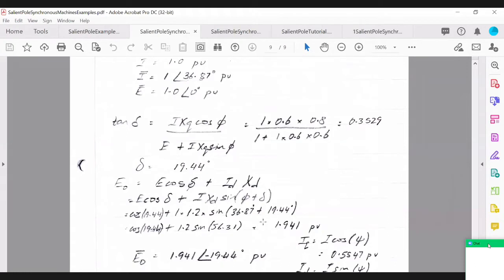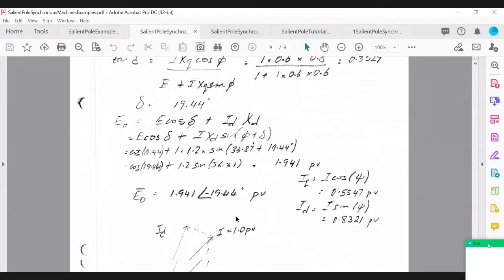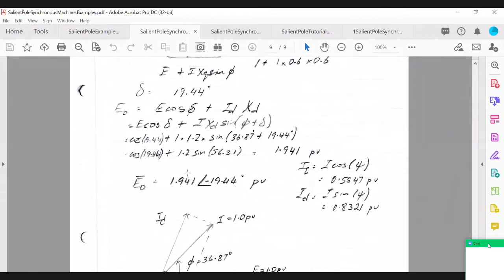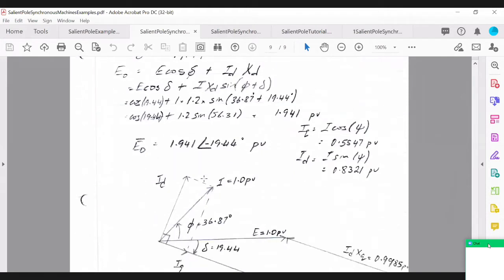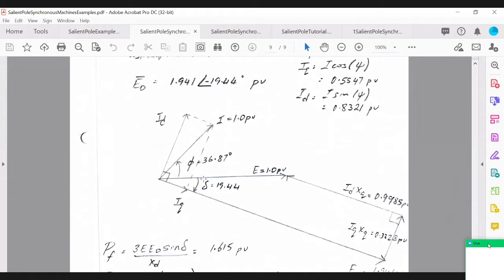Okay, so that's your induced voltage per phase in per unit, and we can write it in phasor form. So in vector form, sorry, and that's basically the magnitude and the angle. And as you know, in motor mode, your induced voltage is a lagging phasor with respect to the terminal voltage. So remember, you need to put a negative sign here, right? So from there, we worked out all the different values there for the